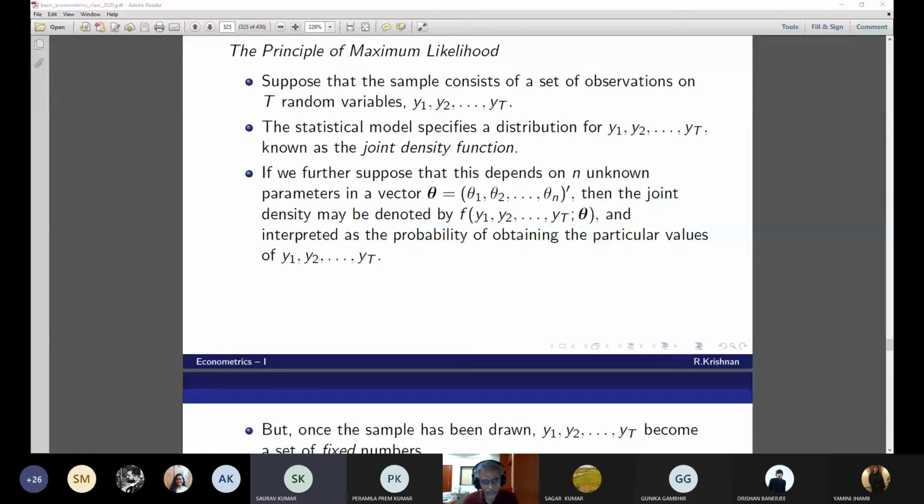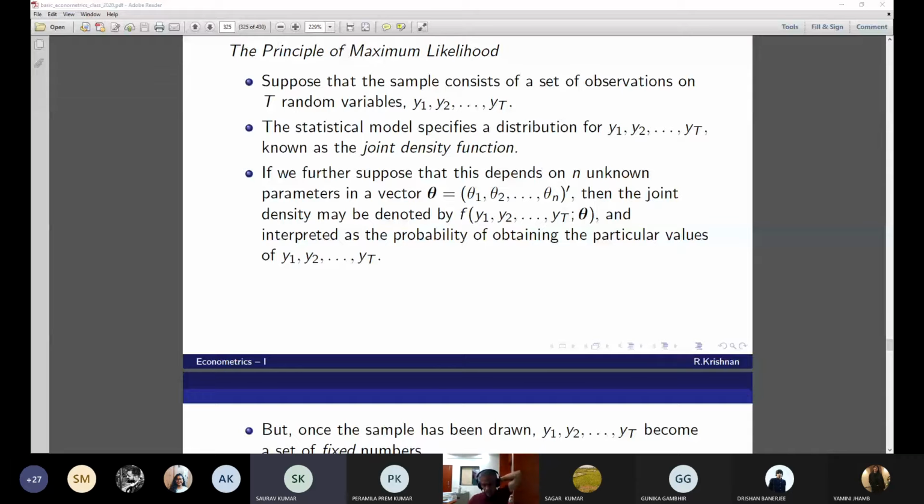Okay, sir. Now let me ask you a question. If it is a binomial distribution, what will this theta be equal to? For binomial, it will be beta 1, beta 2, right? Binomial, or say Bernoulli random variable. What will this theta be? In that case, this will be mu, NP and N. Just P. Just P, NPQ. Just P. Okay.